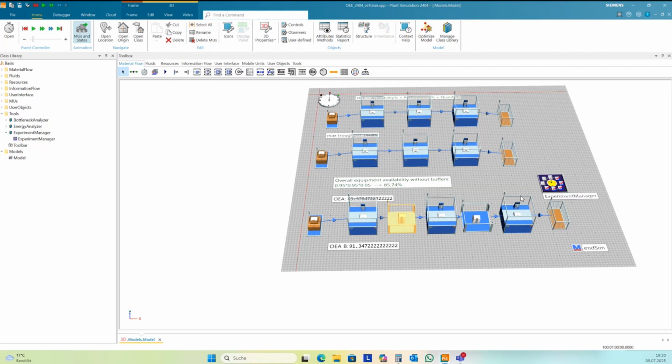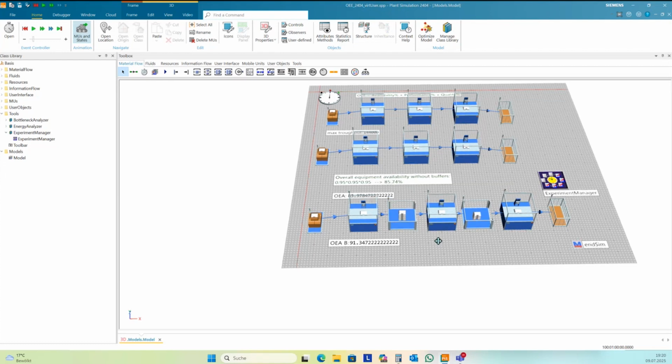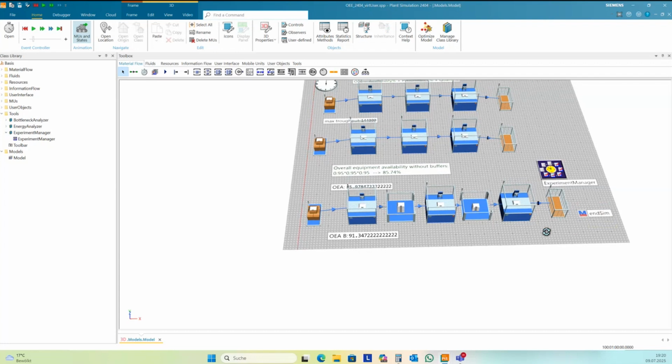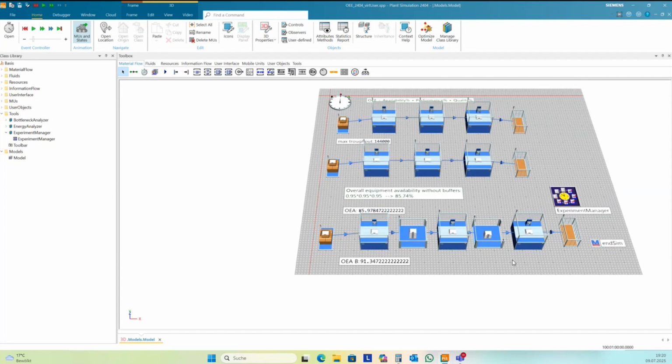And then you can use the genetic algorithm to find an optimum OEE, for instance, or throughput, by changing the quantity of these buffers step by step. And this would be one additional webinar.